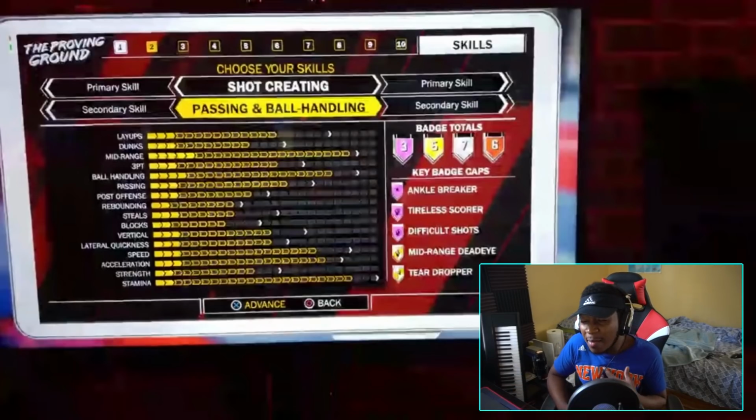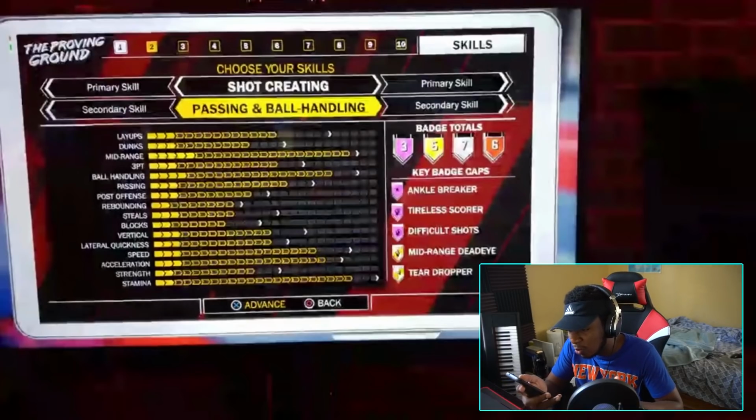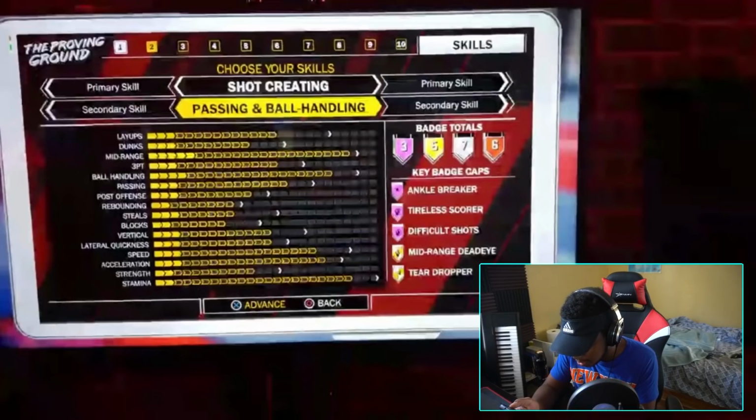So what I'm thinking I'm gonna do, when the prelude comes out, one of my builds is gonna be, primary skill is gonna be shot creating, and the secondary skill is gonna be driving and finishing. Because with driving and finishing, I think you still get 1 or 2 Hall of Fame badges. Right here it says you get teardropper, which I use a lot anyways, but you still get tireless scorer, mid-range Jedi, difficult shots, ankle breaker. And I believe you also get posterizer and relentless finisher at gold. So a shot creating, driving, and finishing build